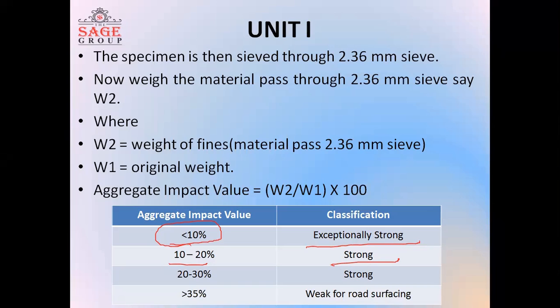If the value lies between 20 and 30%, then it can be used as a filling material in the bottom layer of the foundation or in the bottom layer of the pavements. But if the percentage value is greater than 35, then it cannot be used on the road surface, or in any construction work. So on the basis of the test result, the impact value is decided and the material can be used for further work. So in today's class, we have studied about